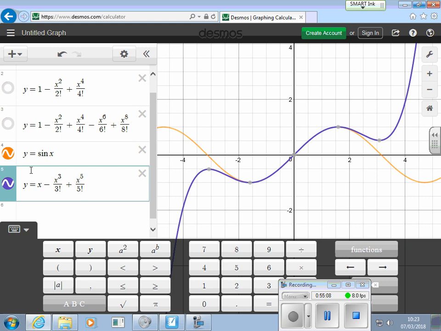And again, as I add terms, you can see it's getting closer and closer